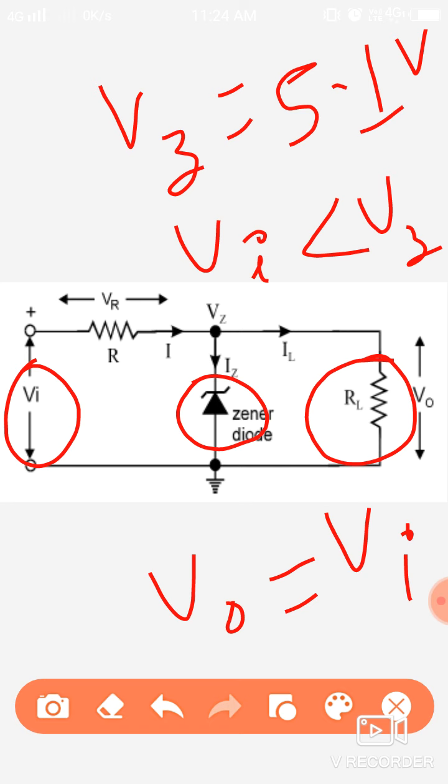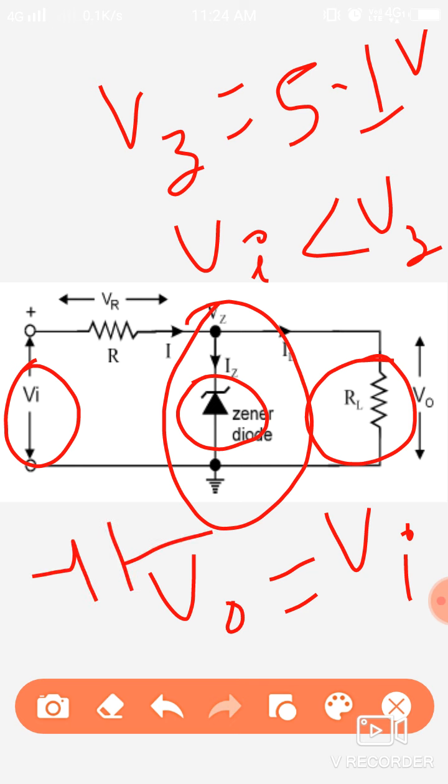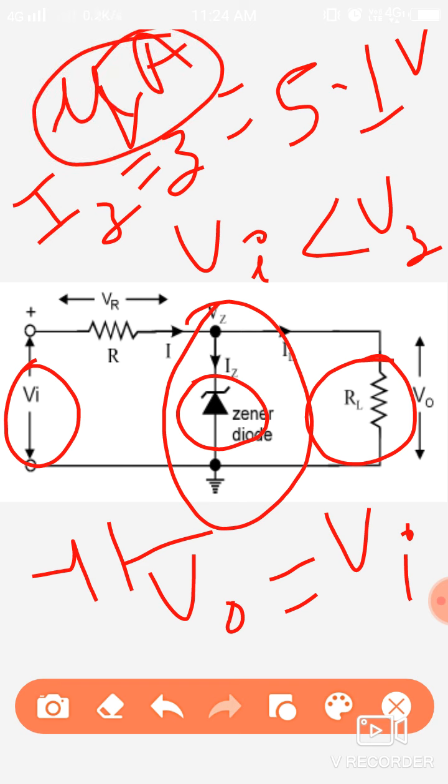In these conditions the Zener diode works like an open switch. Only a current Iz in the microampere range will pass through the Zener diode, and hence there will be no effect on V0.